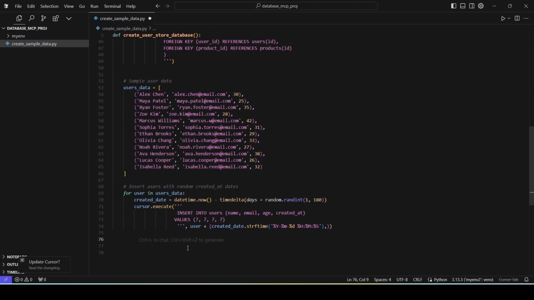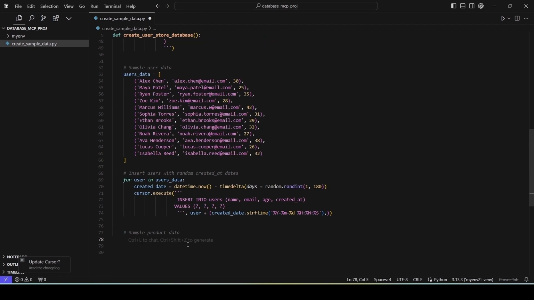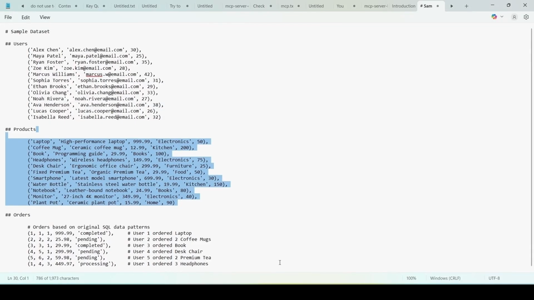Now that we are done inserting values into the users table, we will insert values into the products table in a similar fashion. We will create a list called products list containing all the product records. We already have these values in our notepad, so we can simply copy